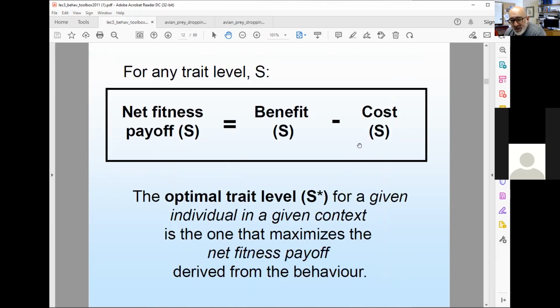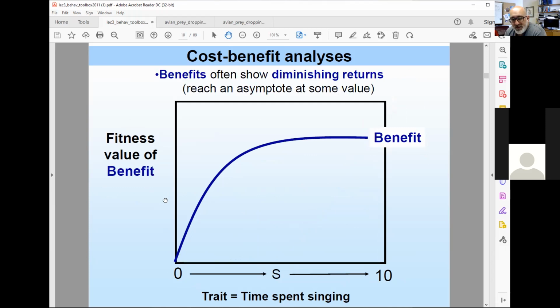This is the benefit curve. And what is the typical pattern for benefit curves? The fitness value of the benefit is along the y-axis, and on the x-axis again is the time spent singing. The benefit often